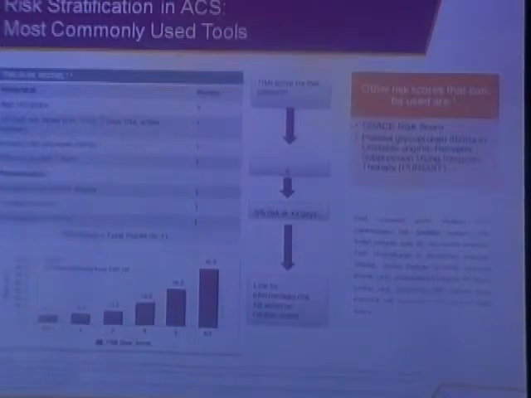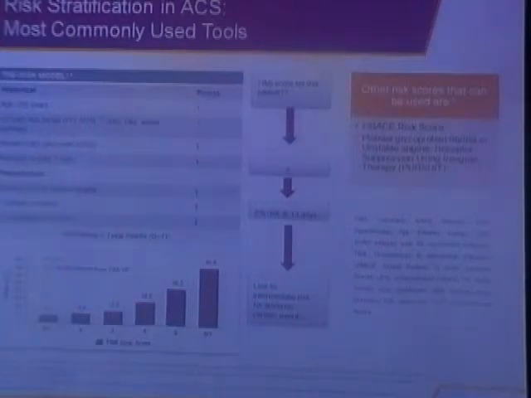Coming to non-ST elevation MI and unstable angina, there are various scoring systems. But broadly speaking, if somebody has ongoing chest pain which is not responding to a dose of sublingual nitroglycerin, if somebody has deep ST depressions more than 2 millimeters in 2-3 leads, if they have any sort of LV dysfunction on echo, if they have elevation of troponins or CPK-MB, all these are high risk. Any of these present, they fall under high risk.